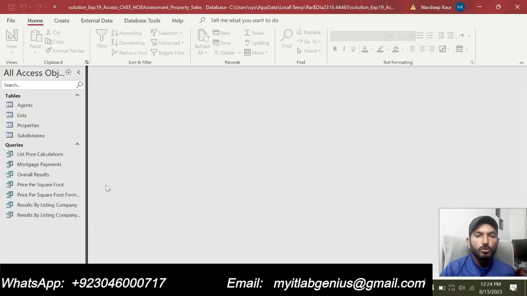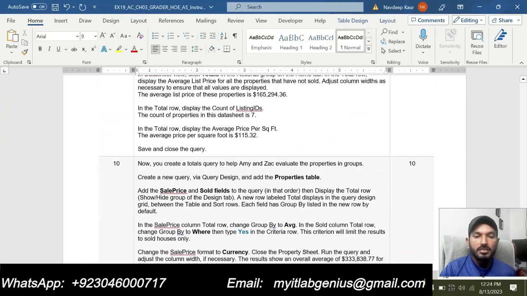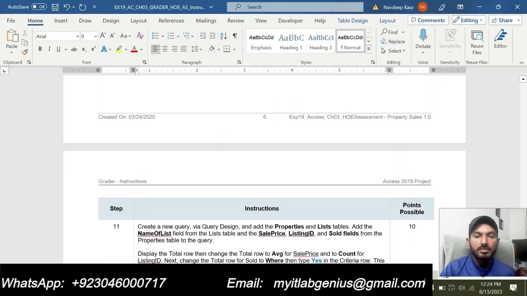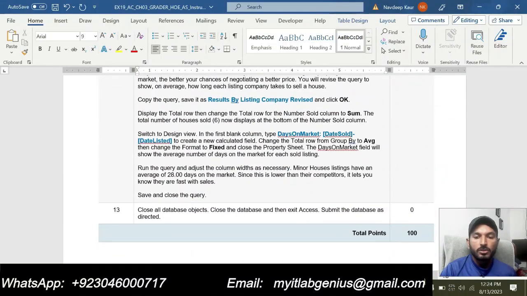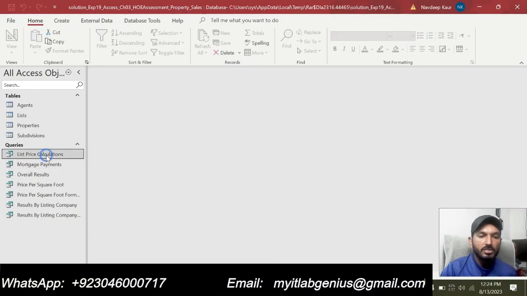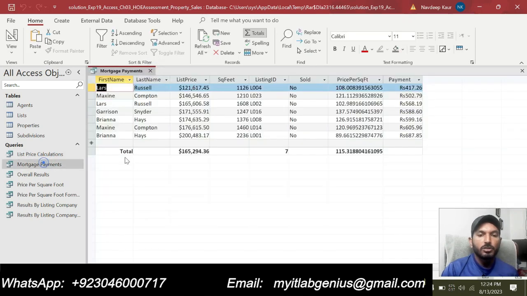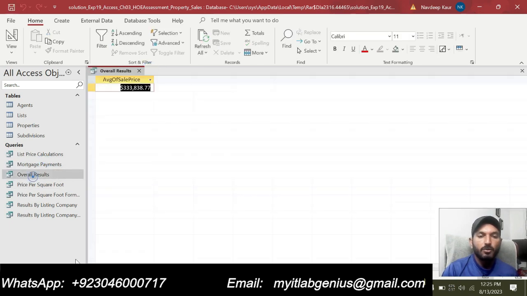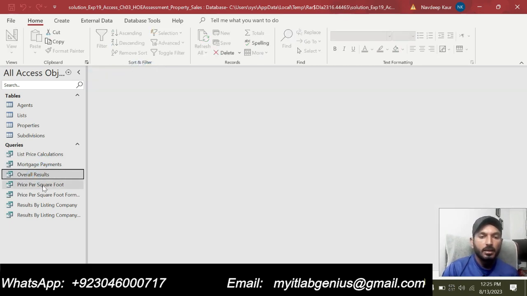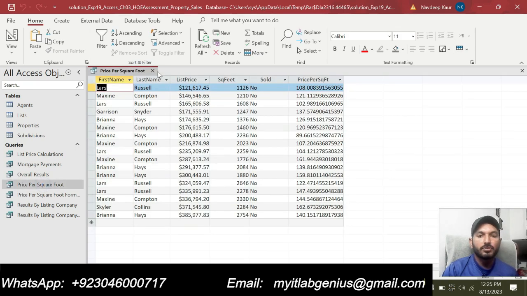Now I am going to give you an overview of the final version of this assignment. You can solve these 3 remaining steps, that is step number 9, 10 and 11 on your own. So you will have the list price calculation query like this one. Then you will have the mortgage payments query like this one. Then you will have the overall result query like this one. Price per square foot query like this one.